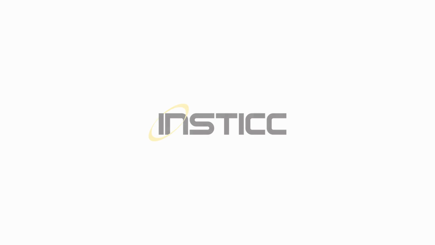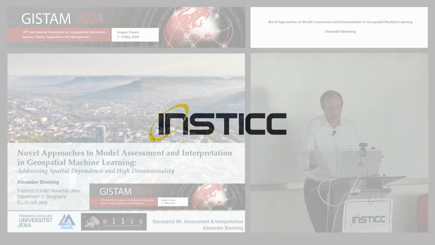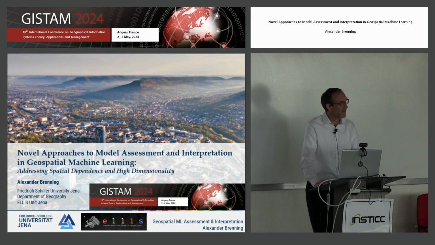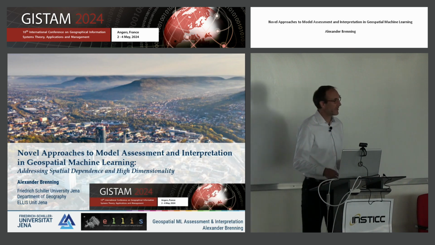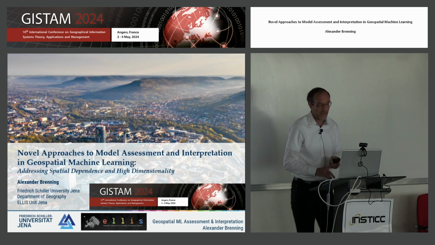I'm going to talk about machine learning in Earth system science, geography, and related fields, and what is unique. What are the unique challenges in applying machine learning models to geospatial problems? So I approach this with a geostatistical background and with an eye also on several applications that were mentioned in the introduction, things like natural hazards.